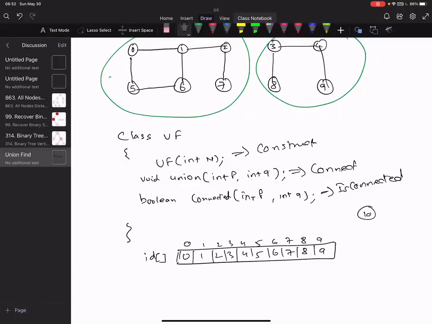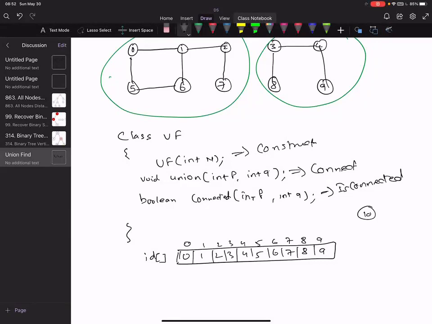The significance is that the index 0 and the value stored at index 0 says what it is connected to. So when I say 0 has a 0 and 1 is 1, 2 is 2, at index 3, that means 3 is connected with 3.